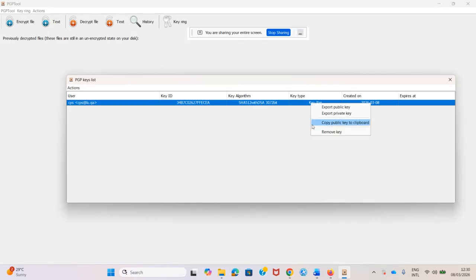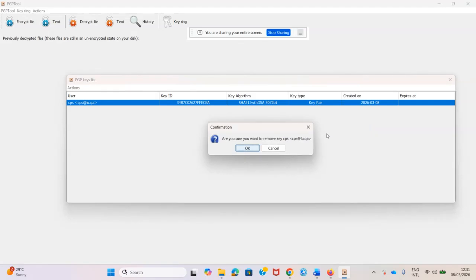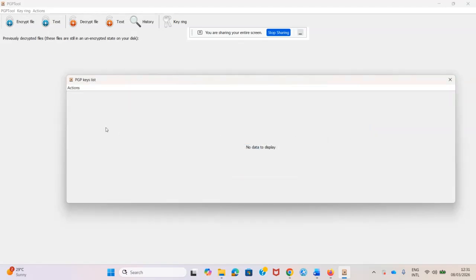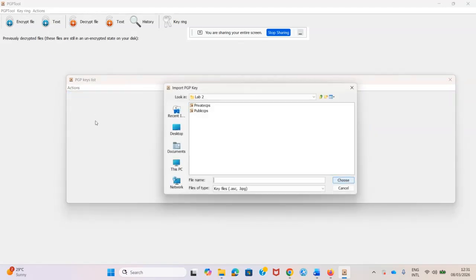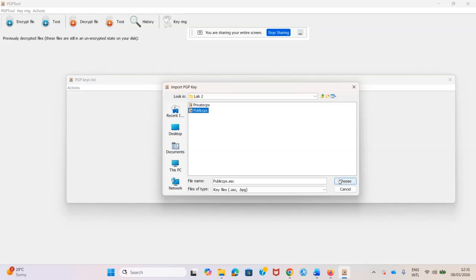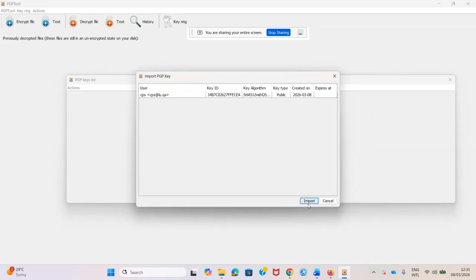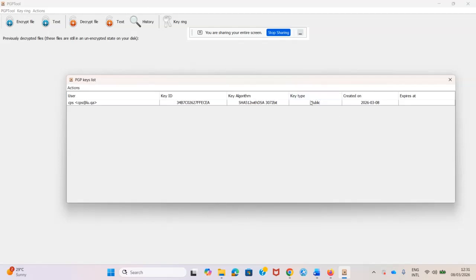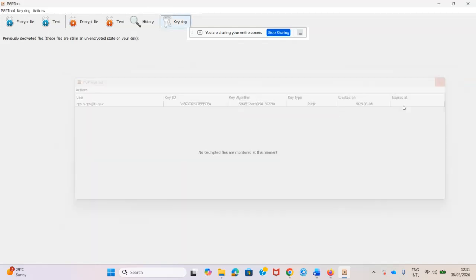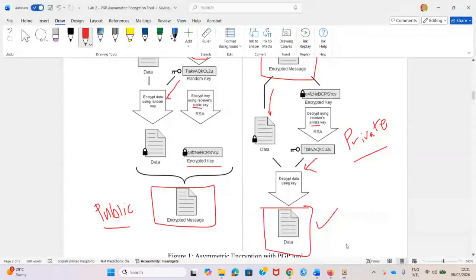Okay, it changes again. I will remove this. Let me do it again. Let me bring in public. Yeah, it's public now. Okay, so this is good. So now I need to go back to the lab manual. In the lab manual, I have